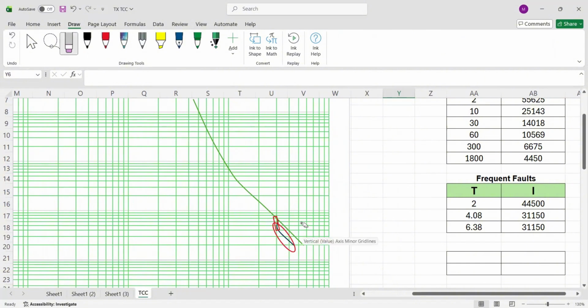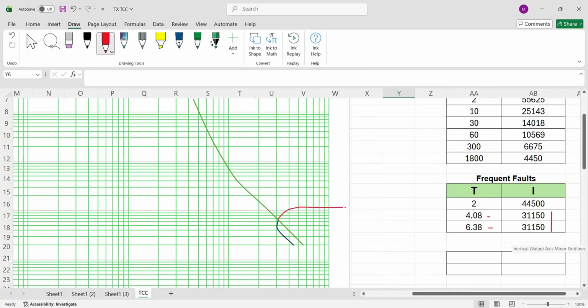But here, the lines are not straight. Here in the table, the current at 31,150 amperes at 4.08 seconds is also equal to that at 6.38 seconds. So meaning the line should be a straight line.